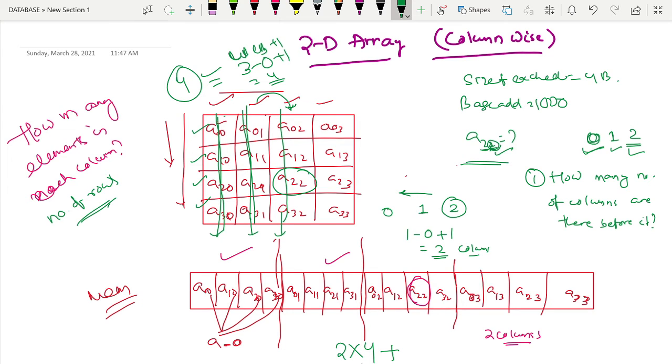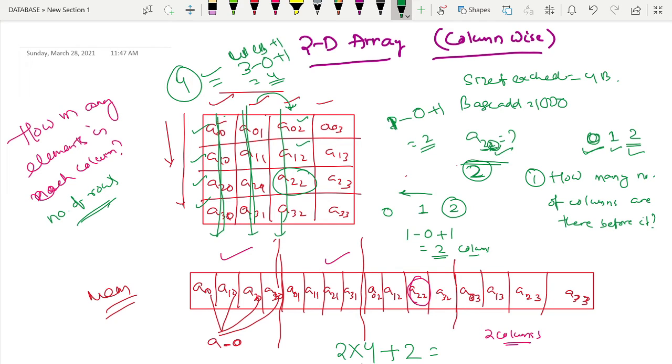So the lower bound here is 0, and the upper bound must be 1, because 2 is what we are expecting and we count before me. 1 minus 0 plus 1, so 2 rows are there. In each row how many elements? 2 elements are there, so we can just add 2 with that.